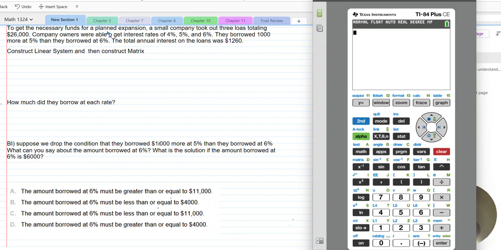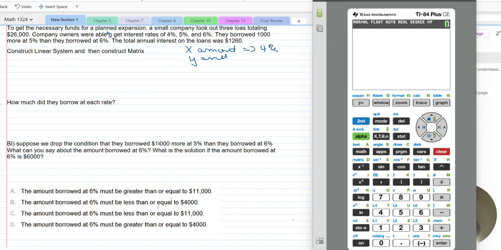Company owners were able to get interest rates of, so here are our interest rates. x amount is at 4%. y amount,